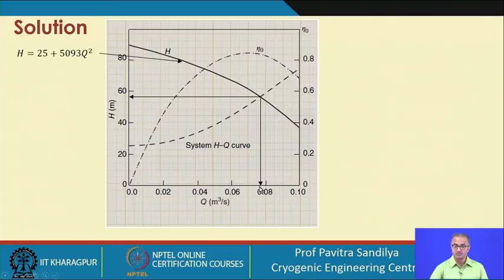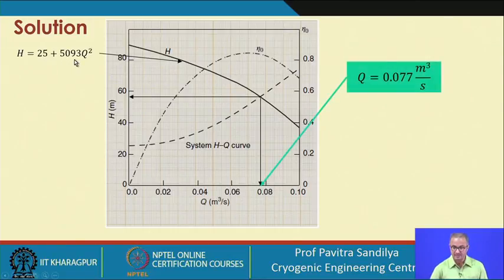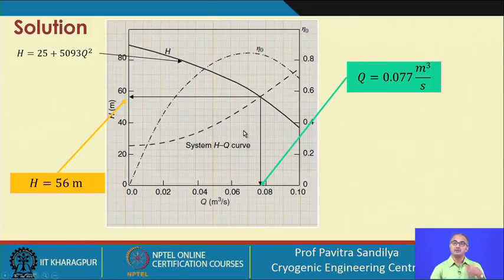So, here this is the head H versus Q, and this is the particular value of the Q we read at the intersection. The dashed lines are given by the manufacturer and the solid line is generated by us. So, this is how we are able to find out the operating point of this particular pump. And here we find at the operating point the head developed will be 56 meter, and that means the pump can raise the liquid up to 56 meter.